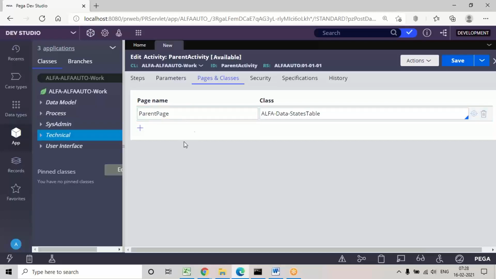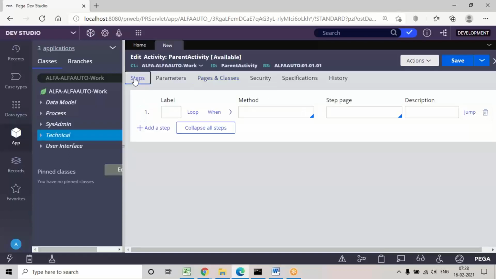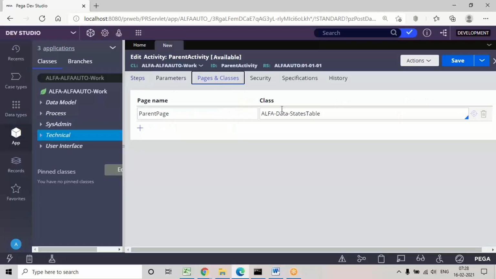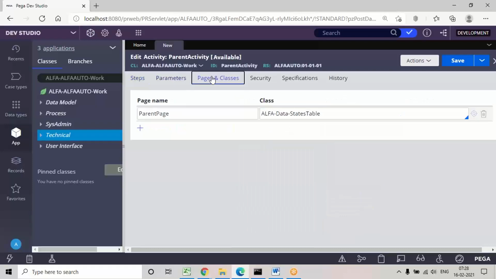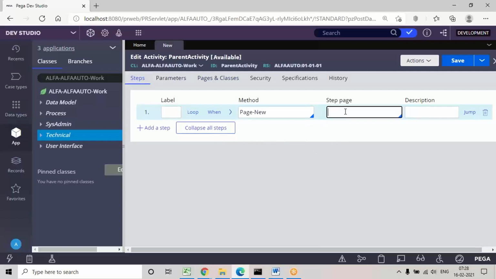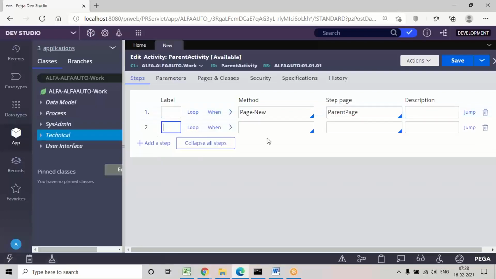So I'm giving the page name as parent page, and then go to the steps tab. For the properties in this table, this page will act as a reference page. Go to the steps tab, and you can use these methods optionally. Remember, any new page is defined in your pages and classes, so use the page new method. In the drop down you can choose the parent page, and in the end of the activity add the page remove method,